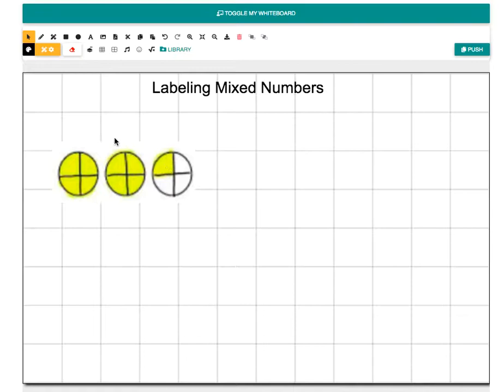So we want to label this fraction. When we label it, we're going to do the mixed number first today. If we're doing a mixed number, that means there's going to be a whole number. So a mixed number would be a whole number and a fraction. So a mixed number has a whole number and a fraction. We want to make sure when we make our mixed number that it has both parts